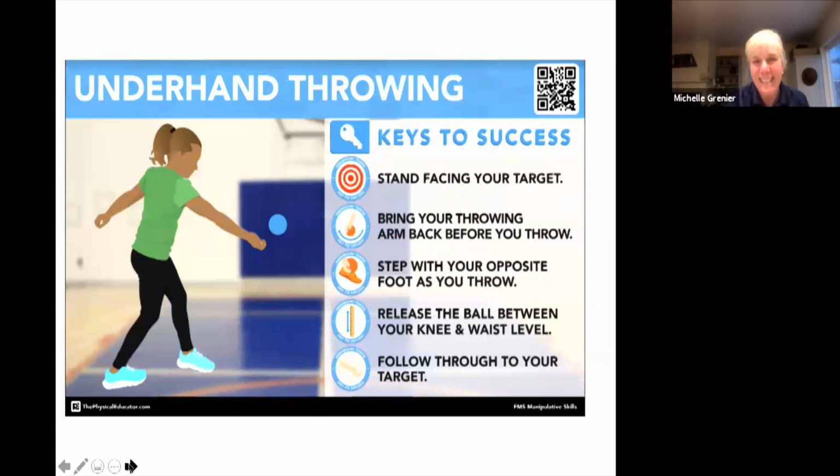It's not physical activity if it's remote anymore. I think what teachers are now really appreciating is, okay, these are the skills I can get through, particularly if you continue to be remote. We've really focused on particular motor skills. Underhand throwing, or throwing and catching and tracking, is one of them.